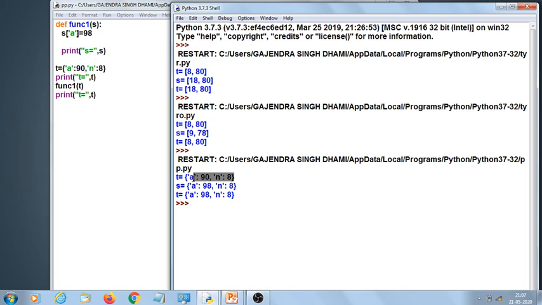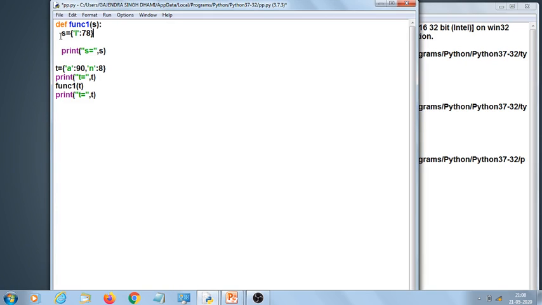So now let us change the dictionary a little. If we assign S to create, that is you are creating a new dictionary. Clear? And it is having 78 as a new value. So it means the ID of S is changed. S and T at the start will have the same address, but because of this statement, it will have a new value. You got the point?